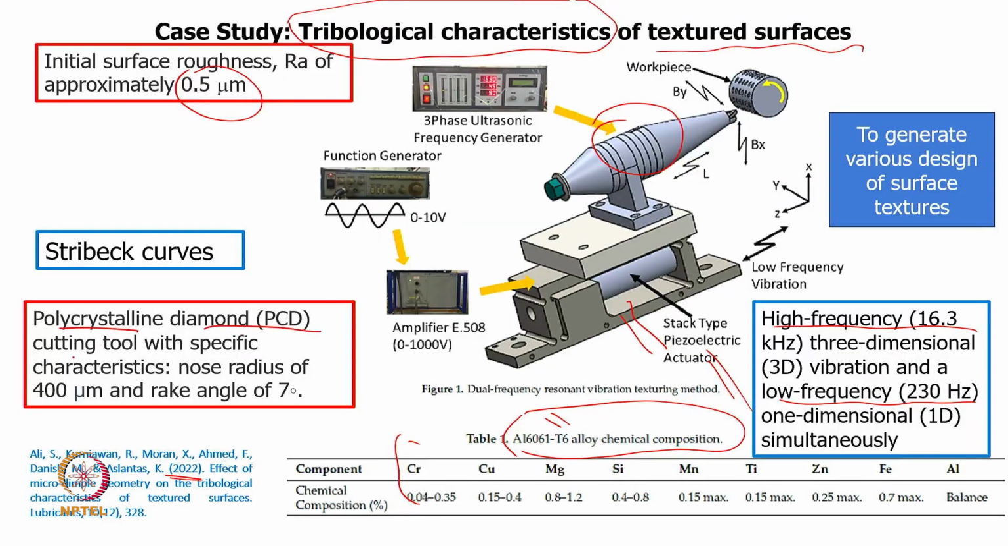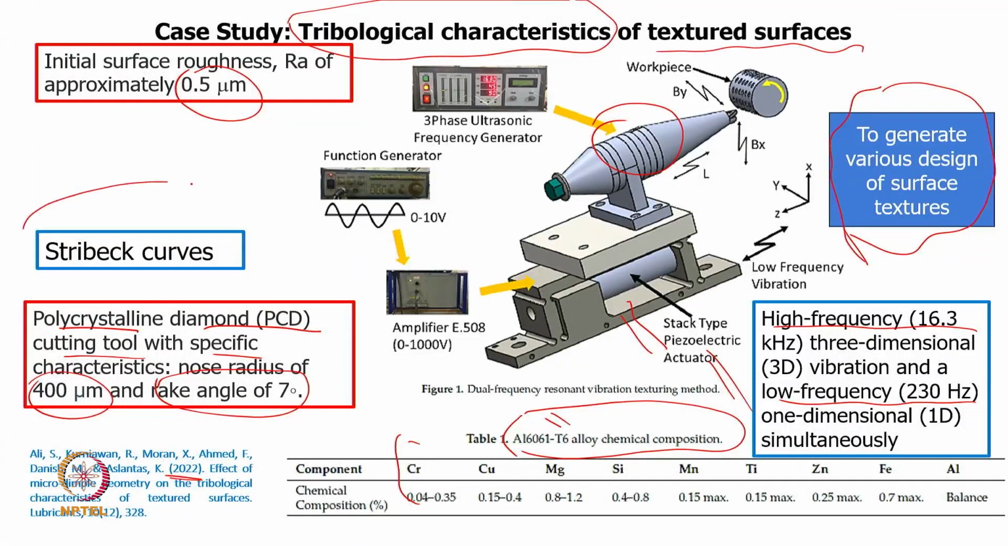So, what is the tool they have used? They used a polycrystalline diamond PCD cutting tool with specific characteristics: a nose radius of around 400 micron and a rake angle of 7 degrees. The overall setup can be utilized for generating various kinds of surface textures. Various textures means different texture depths, it can be 14 micron, 15 micron, 16 micron, 17 micron, and they tried to figure out which texture is going to give better performance. One good point is that they were using a Stribeck curve,